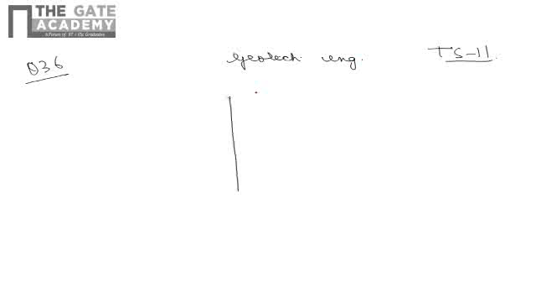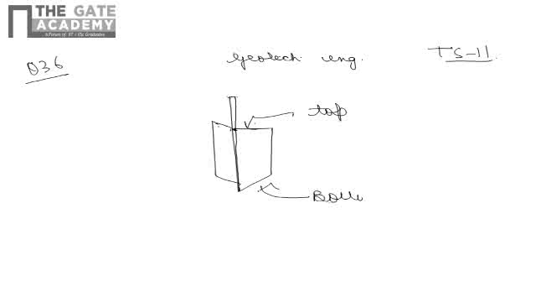Question number 36 of test series 11 is from Geotechnical Engineering, from the chapter of shear strength. Now in this question, it is given that a modified vane shear test is done in such a way that if this is the vane shear apparatus, then the soil mass is only touching this top and bottom surface, and